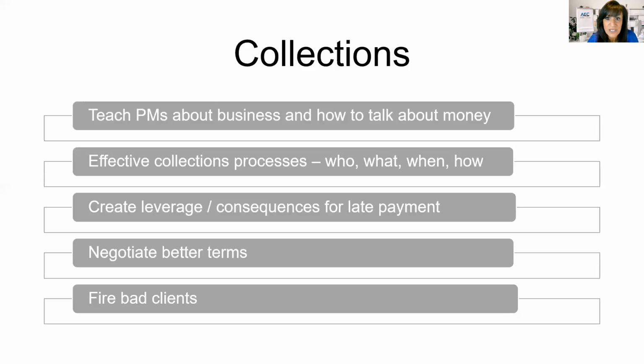Collection calls can be a really good opportunity for your PM to reach out to your client and say, hey, what's going on? Why is it taking so long to pay us? Is there a problem? Are you holding up our invoice payments for a specific reason? What's really going on here? So if you have a good relationship with your client, that should be a simple question to ask. And your client should be able and willing to give you a good reason why they're not paying.